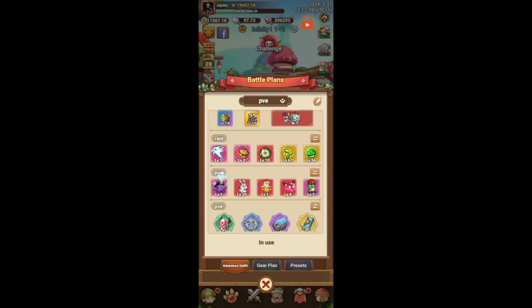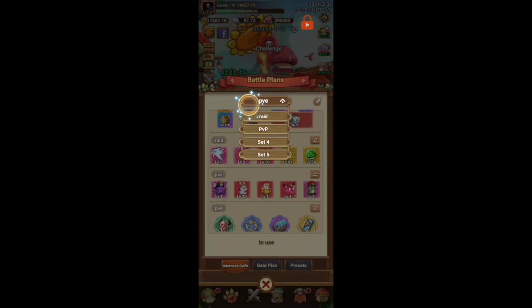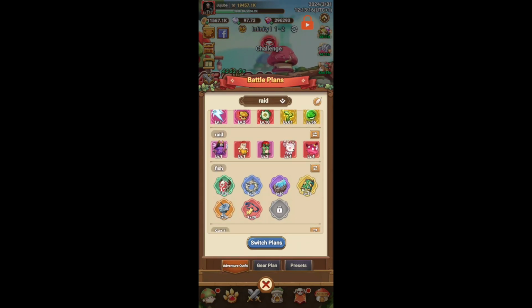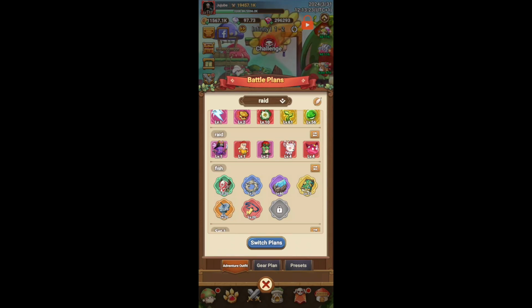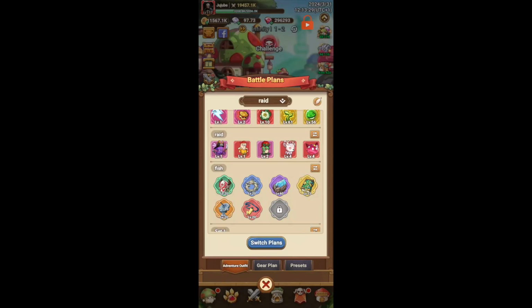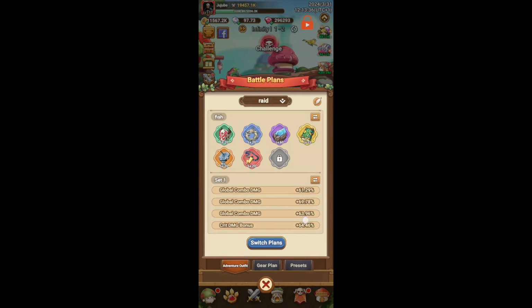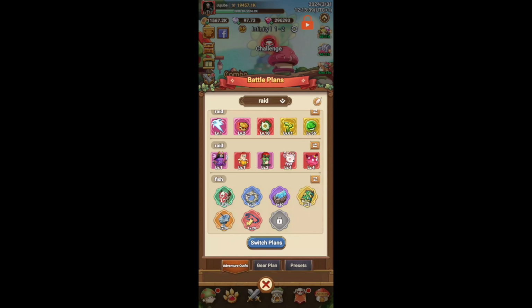So if you run this build, I think a lot of people can increase their damage. So try to run as defensive of a setup as you can. And the whole point is live as long as you can so that you can end up doing more damage in the long run. And I think this should help a lot of people in increasing their survivability and their damage in the family